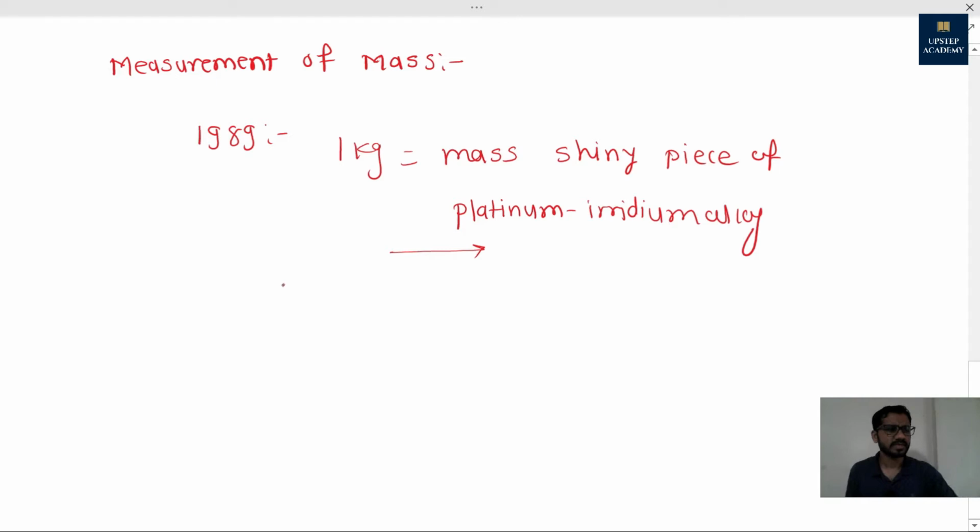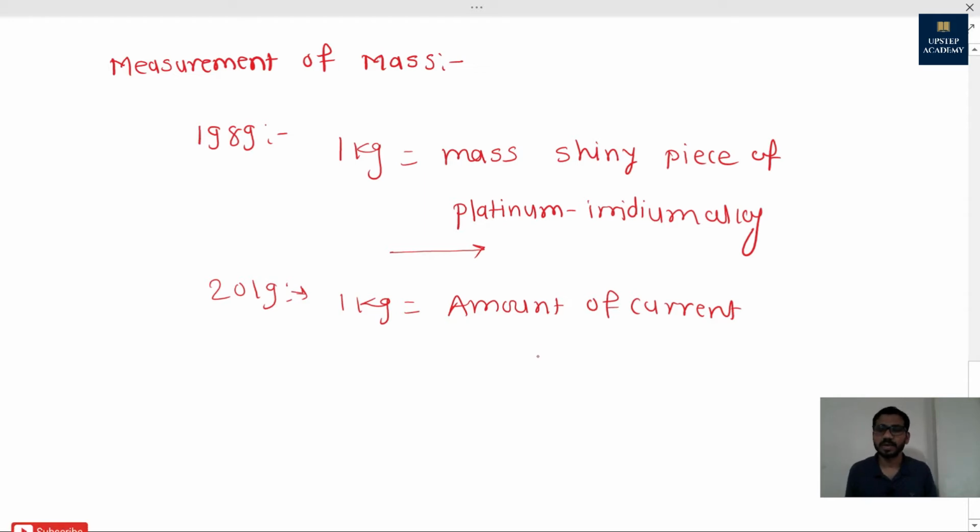So the new method was introduced in 2019, which was related to the electromagnet. If you take an iron piece, wind wire around it and pass current through the wire, then that piece of iron becomes an electromagnet. According to the new precise definition, 1 kg is equal to the amount of current which is to be passed through the electromagnet,